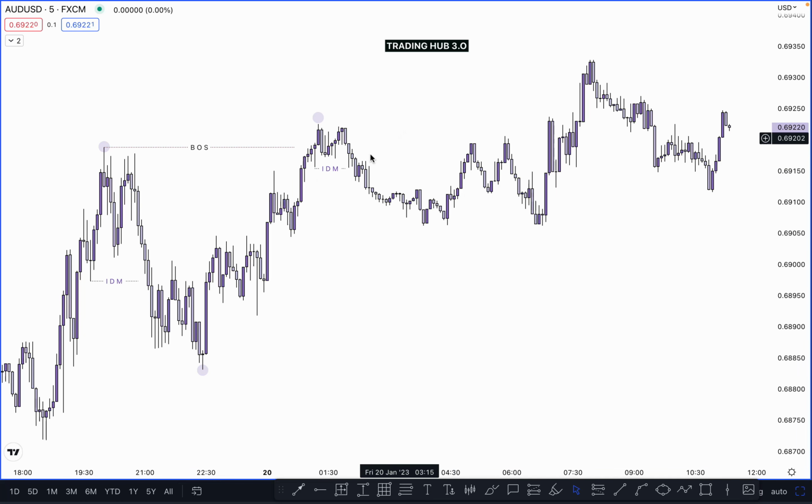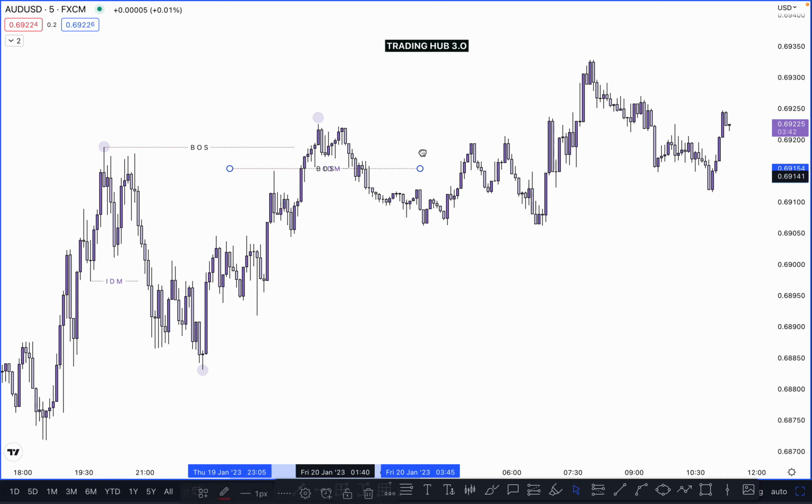And always remember one thing, inducement is always on the left side, the side where the market breaks the structure, not this side. Some people mark this as inducement and this as inducement. These are not inducement. Inducement is only this side because the market broke structure on the left side. And after taking out the inducement, our higher high is confirmed here, and now you have to wait for it to break the previous high, which one is here.